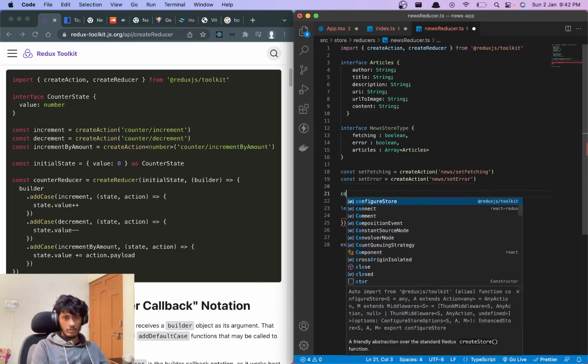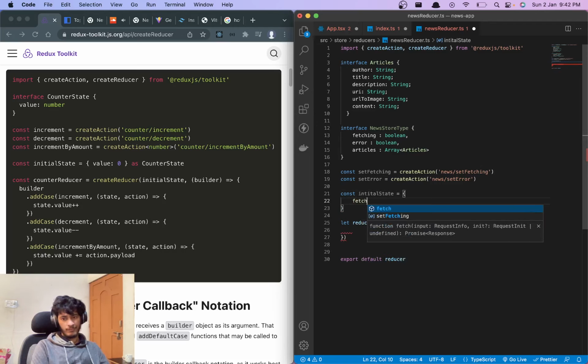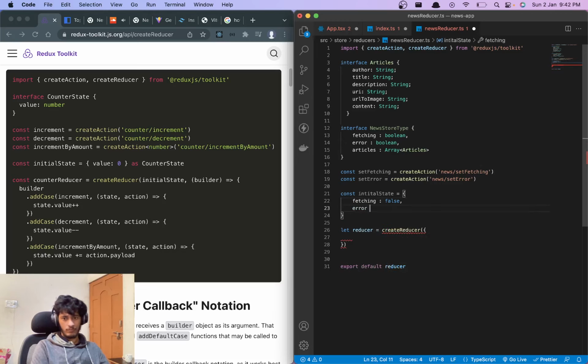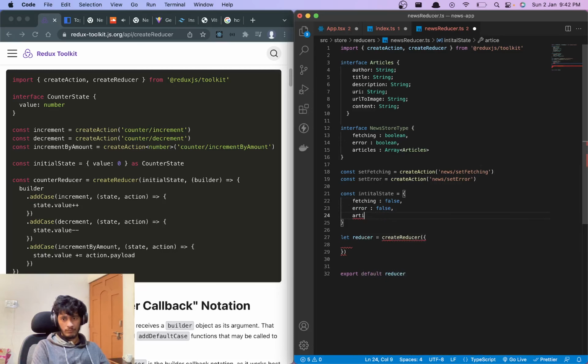Okay, now we need some initial state. We can just even set a type of this, right? Calculate a type, which is news store type, right?